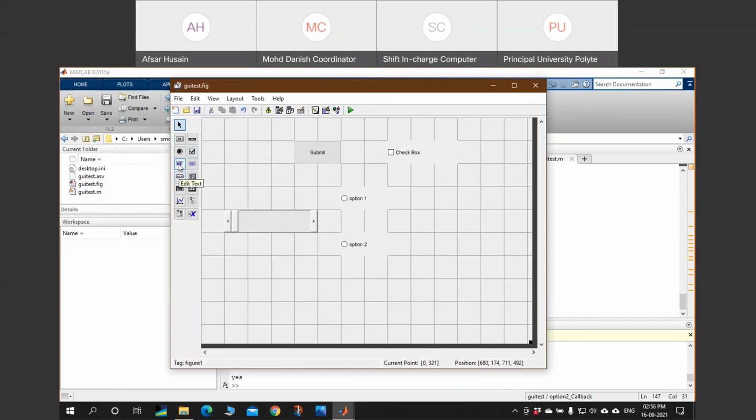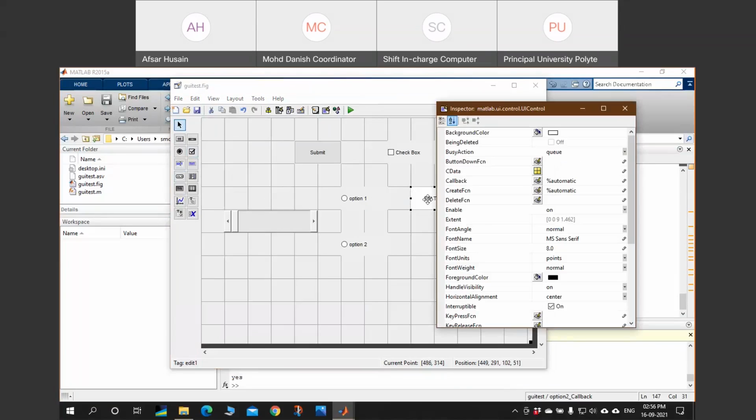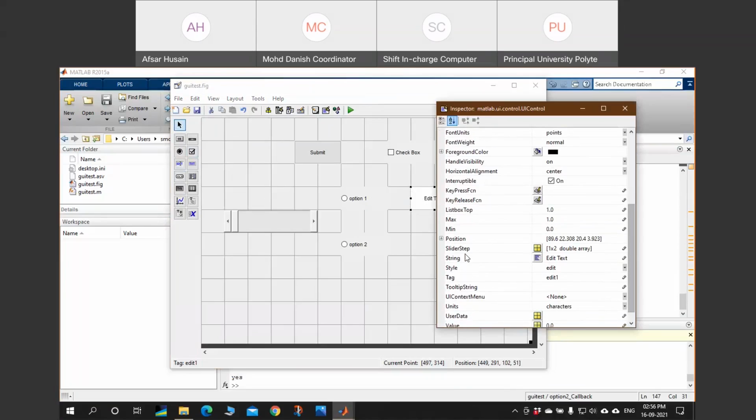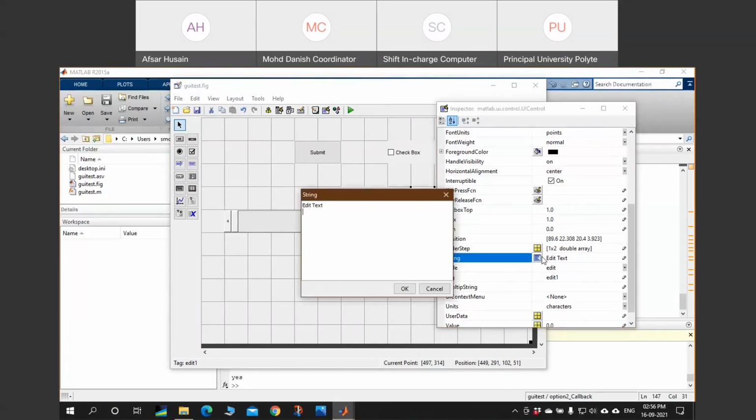One of the very useful features is adding the edit field. This edit field will ask the user to fill in some values. If you want the user to fill in some data, you will provide an edit field.